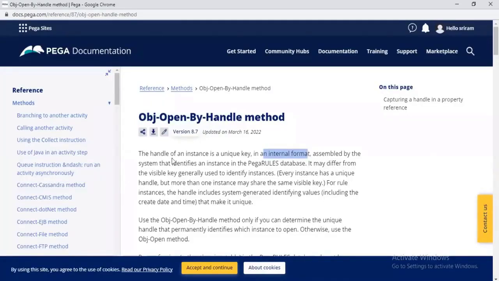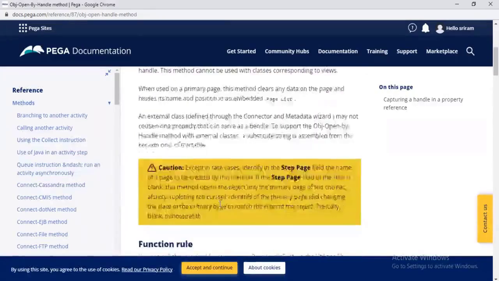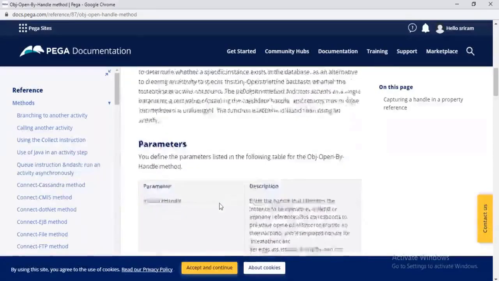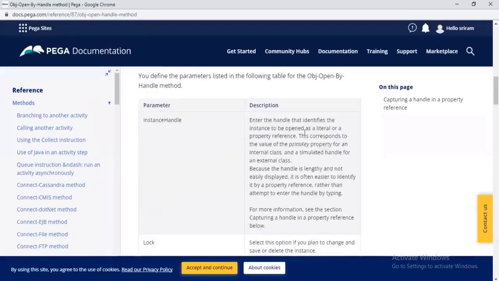It's an internal property assembled by the system that identifies the instance in the Pega rules database. It is created by the system itself. This corresponds to the value of the pzInsKey property of an internal class. Whatever the pzInsKey is for that particular table, we need to pass that.